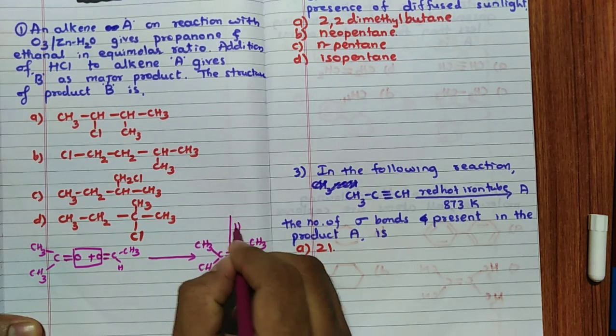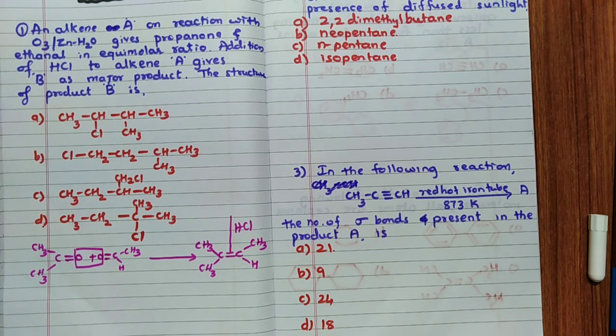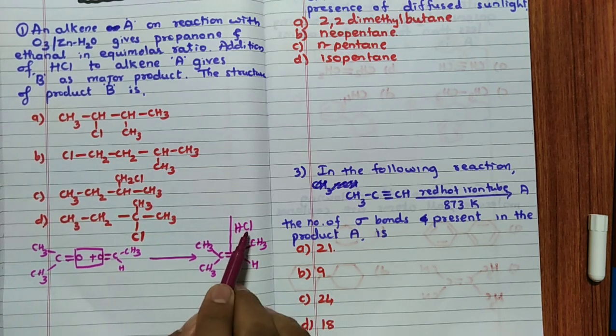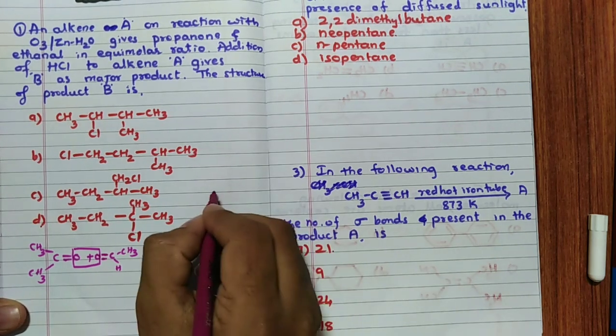If you add HCl, remember, you have to follow Markovnikov's rule, because peroxide is not given. If it is given also, for HCl it is not at all working. So fine, at this double bond, Cl attaches to the carbon which has less number of hydrogen atoms. Cl minus attaches to the carbon having less number of hydrogen atoms, that is this carbon. This carbon means, remember, I am going to attach like this.